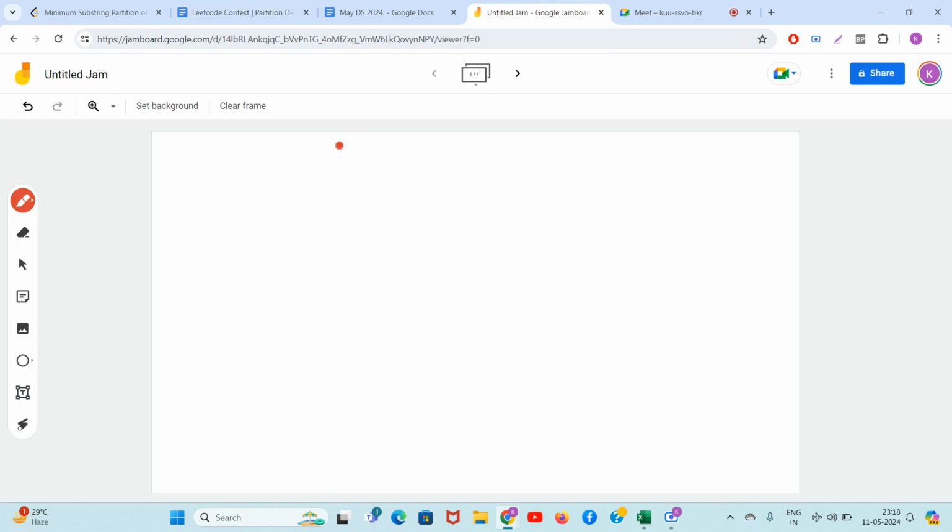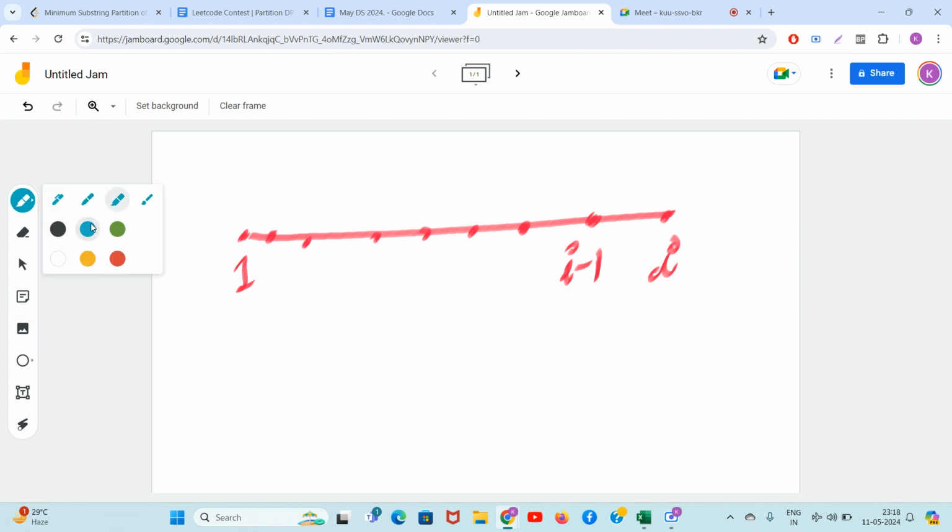If your array is going from 1 to I, okay, this is index 1, till index I, okay, this is I minus 1, and so on, the other indices are there. Okay, clear? Now you only tell me, from 1 to I everything is clear to you. So what is the last part? Last part is I. So dp of I is nothing but